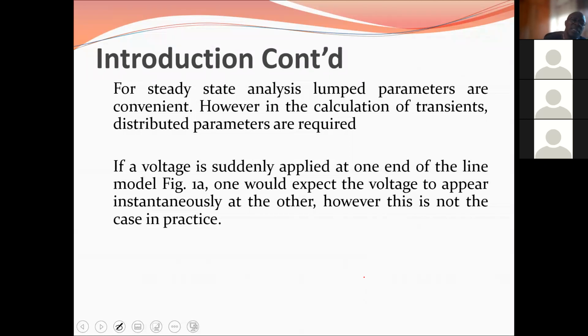So we're dealing with steady state analysis when lump parameters are convenient. So if I have the absolute resistance, inductance, etc., that's fine. However, when we're considering transients, then we need to use the distributed parameters. Simply put, if